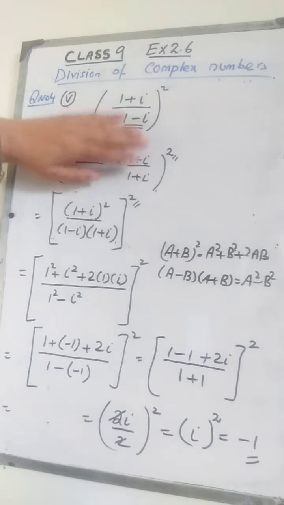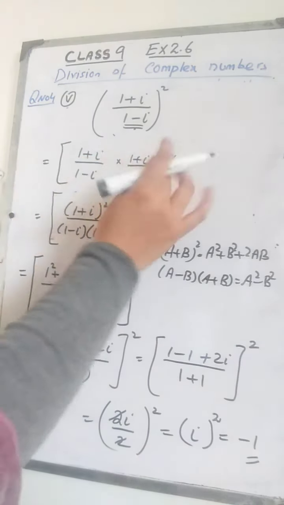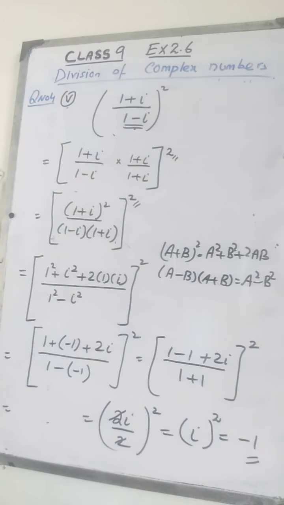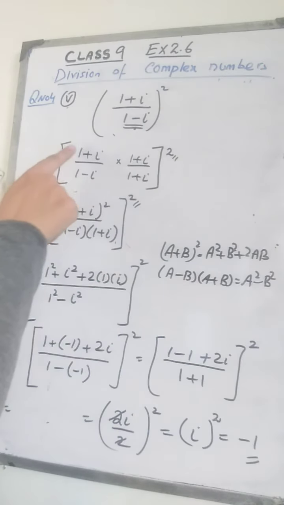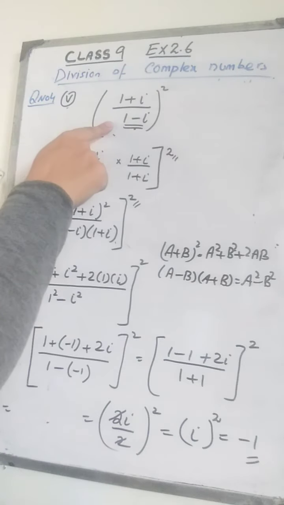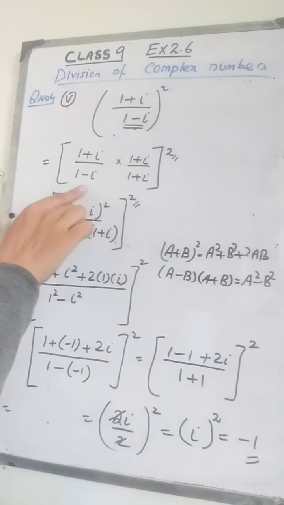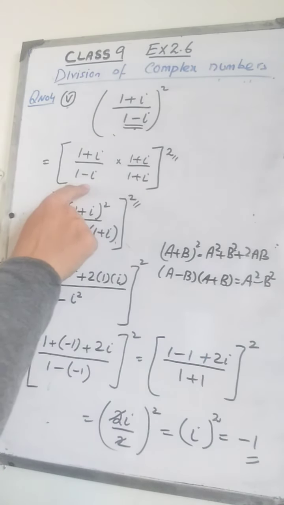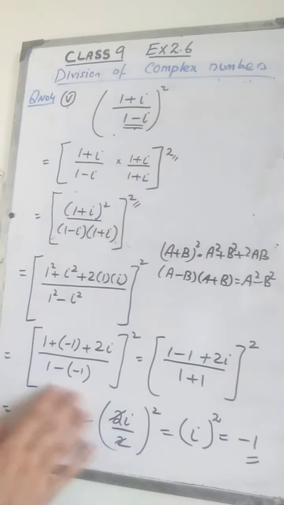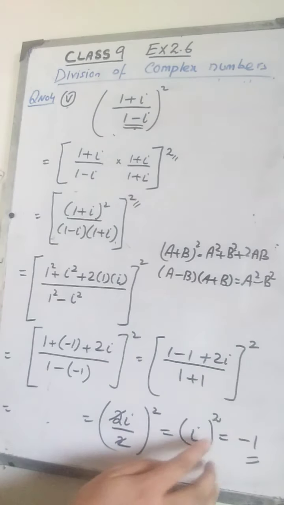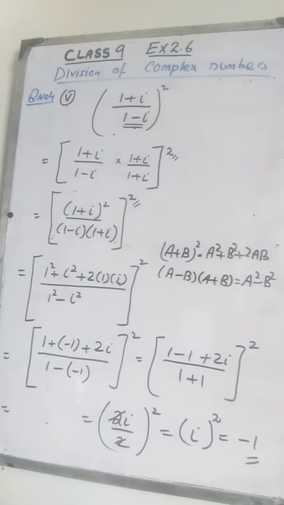So first what we did, we simplified the expression inside the brackets. Okay, let me show the square bracket so it becomes easier to understand. First we simplified the bracket, the material which was inside the bracket, which was a quotient. So how do you simplify it? Whenever there is a complex number in the denominator, we multiply the conjugate of that complex number in the numerator as well as the denominator, and then we do the required calculation, and this is how we have simplified this expression to iota, and it is more easy to get its square now. Now going to the next question.